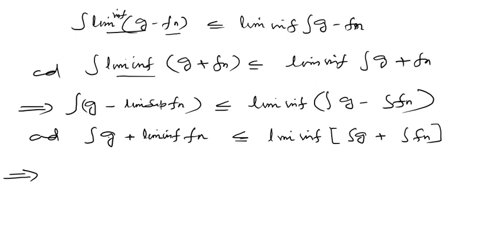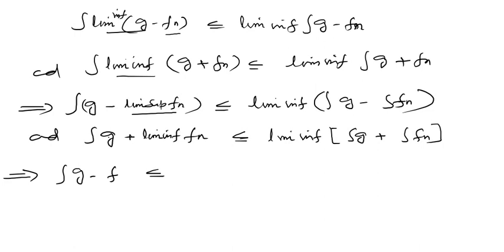This implies the limit superior of fn is f, because the limit of fn is f, so its limit superior and limit inferior both are the same and equal to its limit, which is f. So this gives the integral of g minus f is less than or equal to